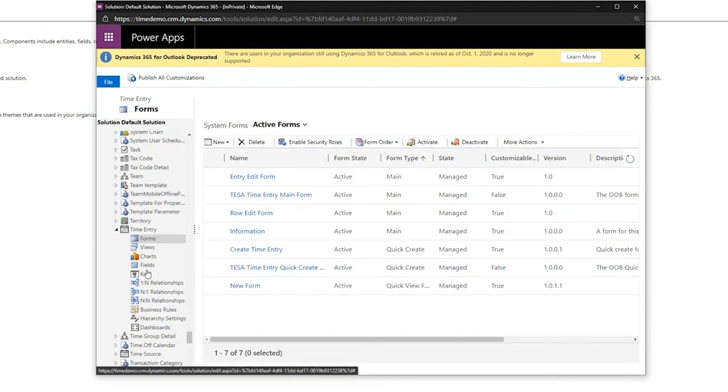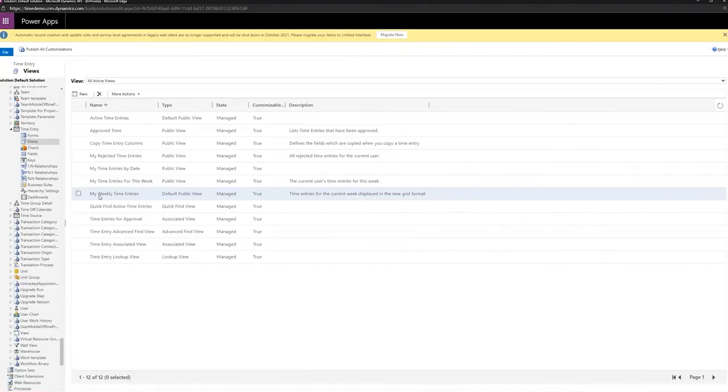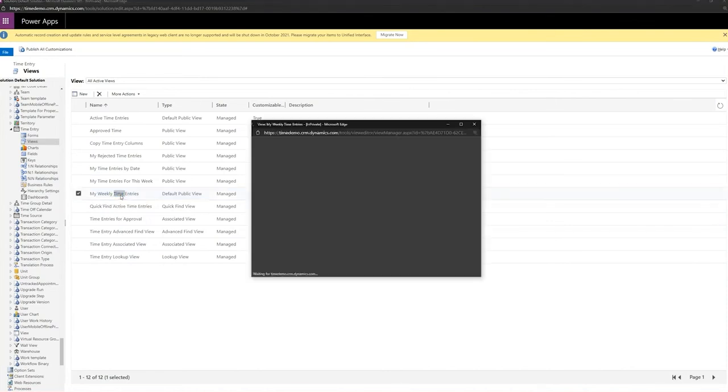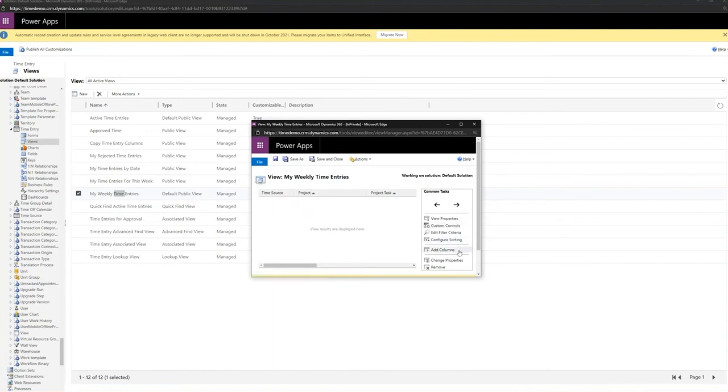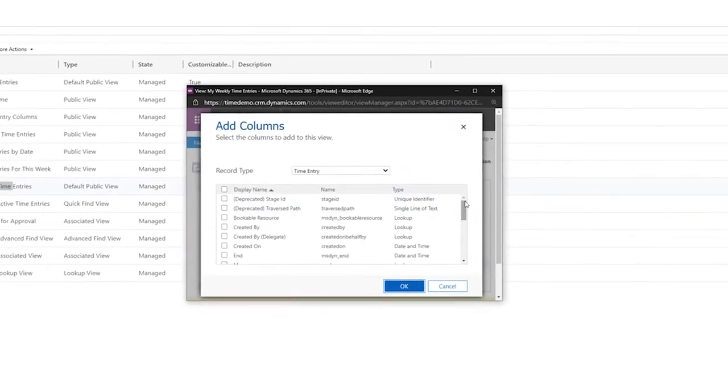I'm also going to make a modification to the grid. So the grid that is displayed to you that shows the header records on the left and the time entries on the right, we're going to modify that view to include the bookable resource so that at a header level, we understand what are those time entries that we're seeing. So now we come through to the view where we modify the My Weekly Time Entries view. This view is the default view that's used to display time entries. In this case, I'm simply going to go and add the bookable resource